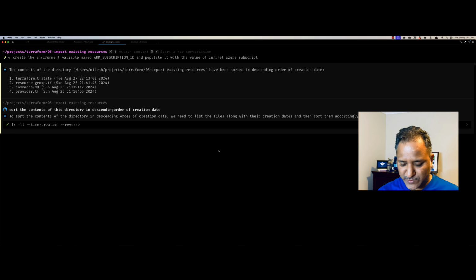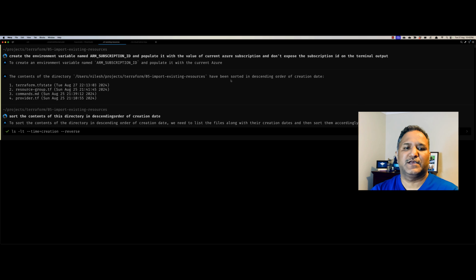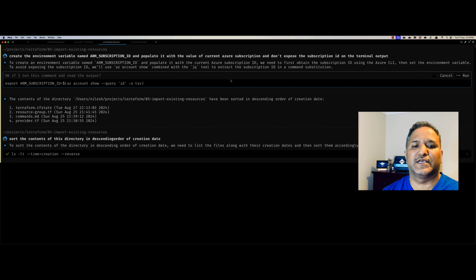subscription. So I'm expecting the Azure CLI to be invoked here, and I have a typo here. So let's correct that typo. It's current Azure subscription, and I also don't want to expose the subscription ID on the terminal. So I want to put this constraint that and don't expose the subscription ID on the terminal output. So let's see if this type of a complex scenario is able to be handled by this particular WARP terminal